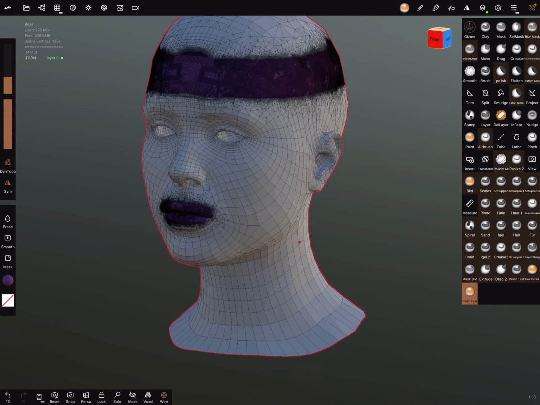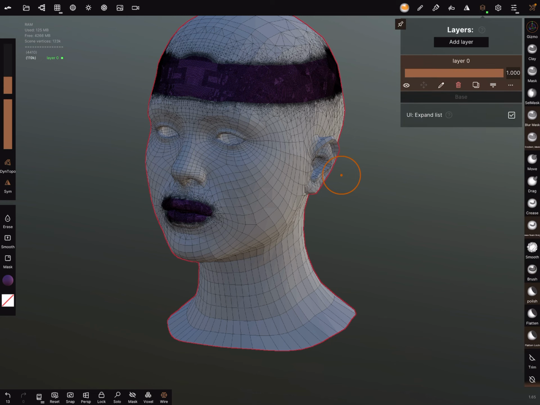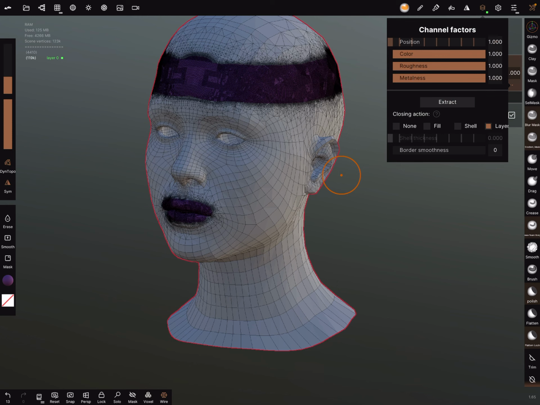Okay. And when you're fine with your paintings or your things you need, go to the layer, press on the 3 dots, and shell thickness, and choose layer, not shell, layer, and extract the layer.